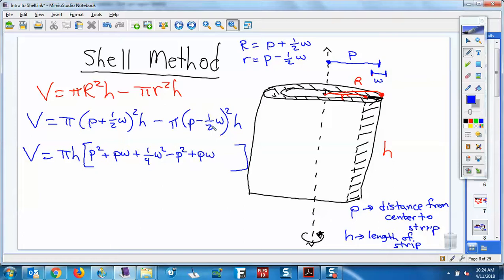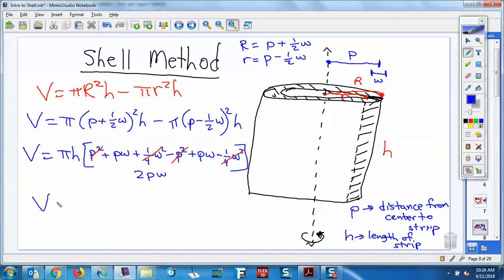And then the last, positive 1/4 W squared, but then I got to do opposite, so negative 1/4 W squared. Okay? All right. Looks like a mess, but actually it's not bad at all, because what happens? P squareds cancel, 1/4 W squareds cancel, and we end up with 2